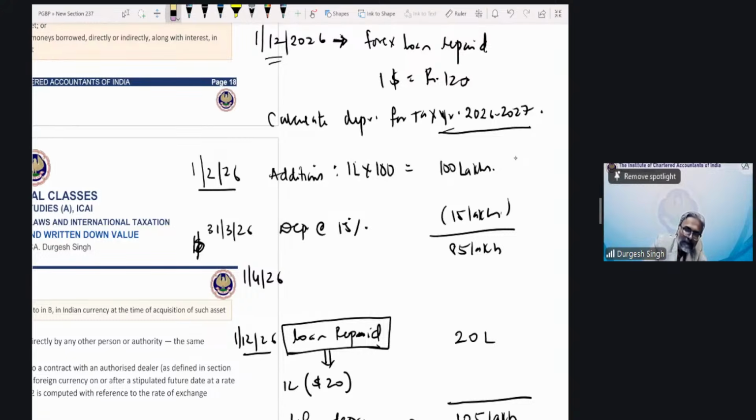The 50% of the normal rate of depreciation is applicable when two conditions are satisfied. Which are those two conditions? Condition number one is that the asset has been purchased during the tax year and it is put to use for less than 180 days during the tax year. So tell me, it was purchased on 1st of February 2026 and is it put to use for less than 180 days for the same tax year 25-26? Answer is yes. So instead of this, students, the first error is 7.5%.